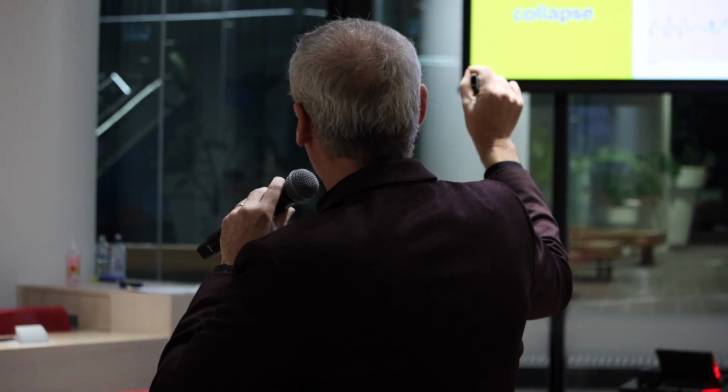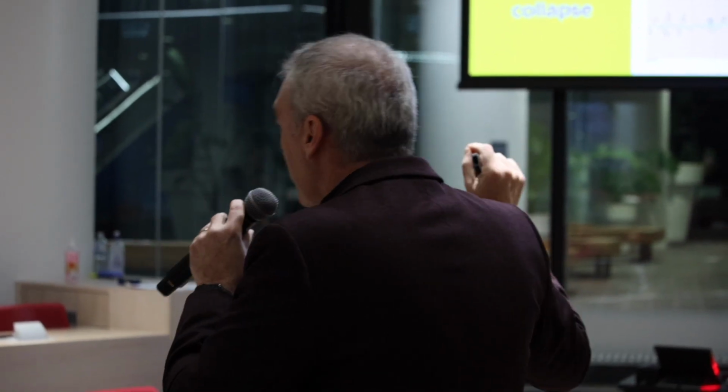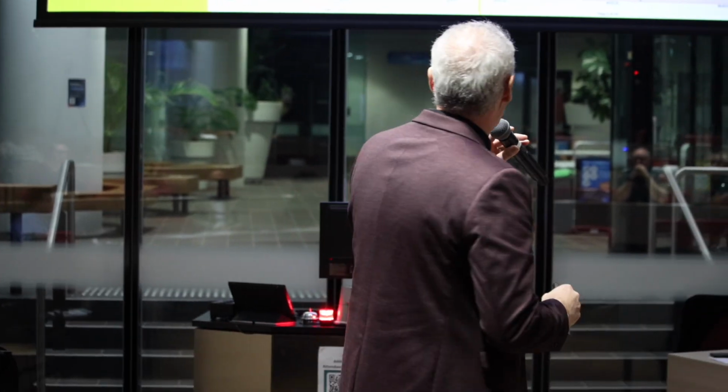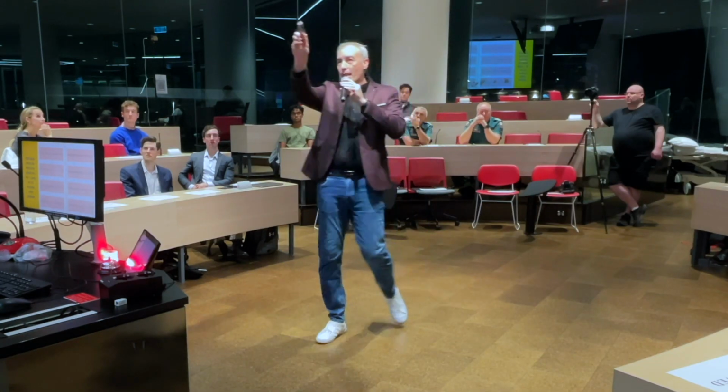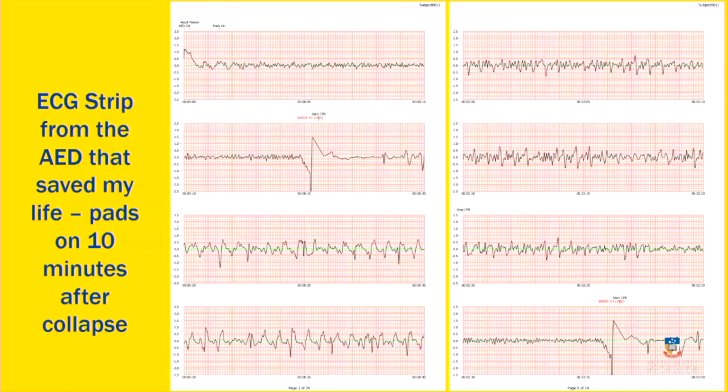If I had got to asystole, the defib would not have shocked me, and it would have been up to our friends' colleagues in the other state over there in New South Wales to do their damnedest to get me back. Now, that broad VF continues, and there's 2 pages of boring VF that I've taken out of there. But have a look down, the second last strip on the right-hand side, it's broad VF up until about the second last